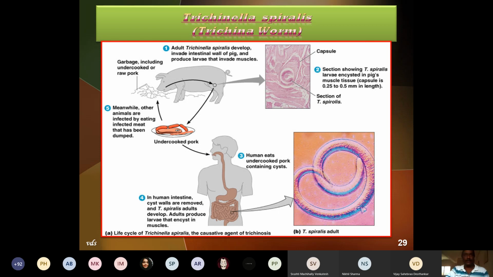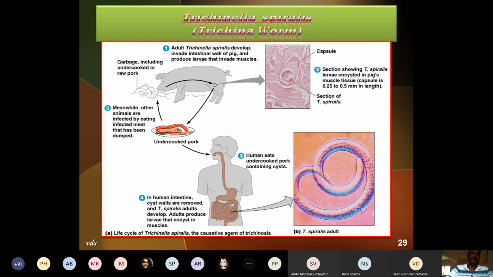Now the female burrows its way into the mucous membrane, comes into the submucosa where it settles. And in the submucosa, it starts liberating the larval form. Now this female, which is present in the submucosa, can liberate 1000 to 1500 larvae at a time. And these larvae, which measure about just 100 micron in length by just 6 microns in breadth, penetrate the venules, and through the venules, are carried to the different internal organs.